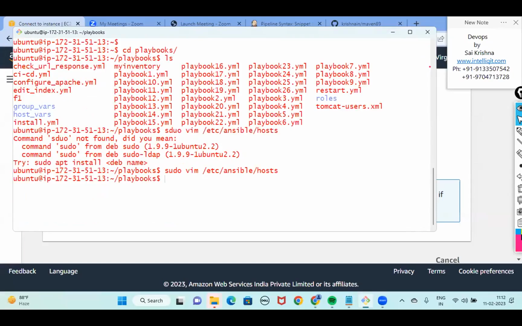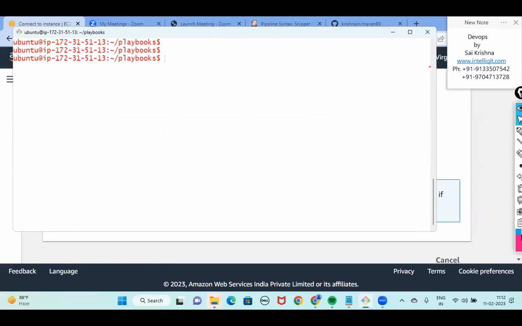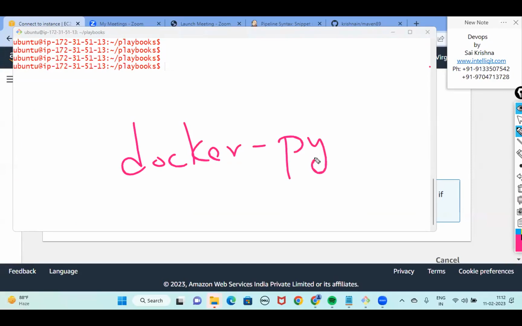The precondition is, as I told you, first of all, Docker should be installed on all the machines. Apart from Docker, there is a Python package called docker-py. This should also be present because currently Ansible is trying to run your Docker containers. For Ansible to integrate with Docker, it requires a package called docker-py.